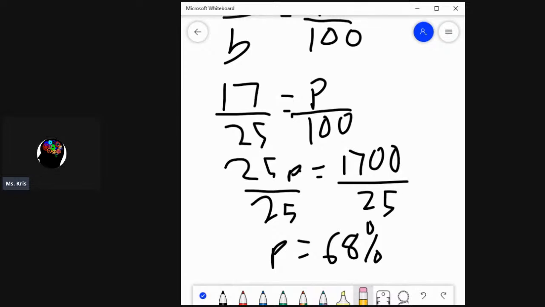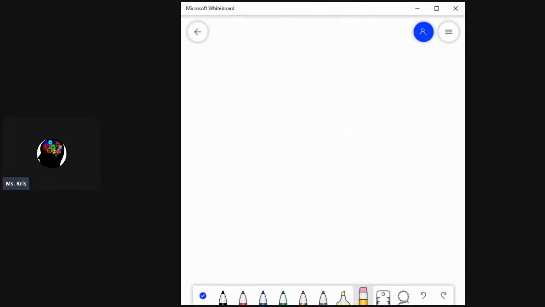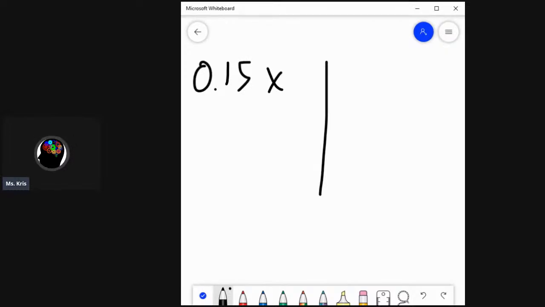Now, caveat, flip, all this good stuff. What if you're looking for the number instead of the percent? What does that look like? So, what number is 15% of 88? So, how do I find this answer? You can do this two ways. You can either do 0.15 and you multiply it times 88,